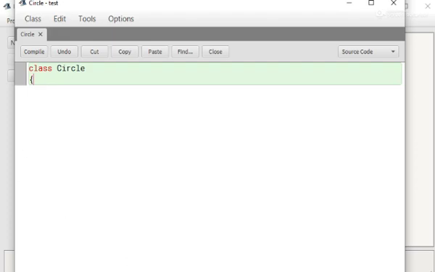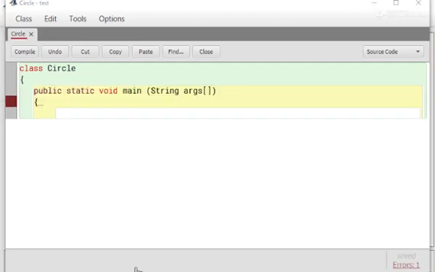So we will start to write here from public static void main. From this point, we will start our program according to our question. Here we have to find the area of circle.